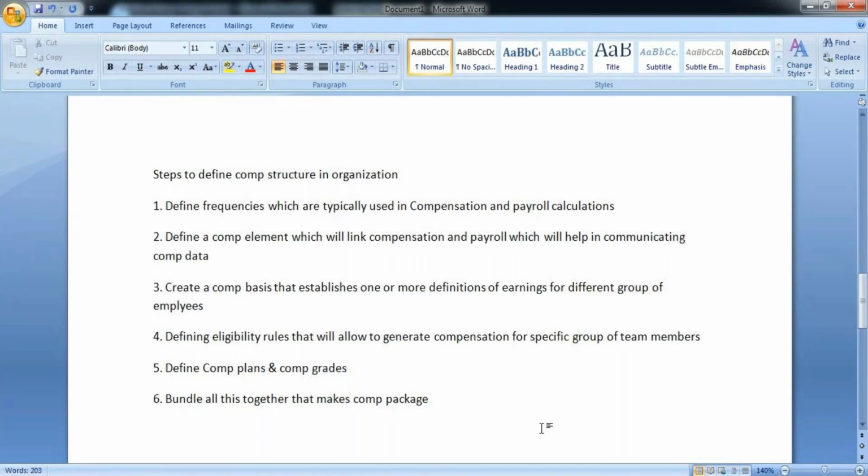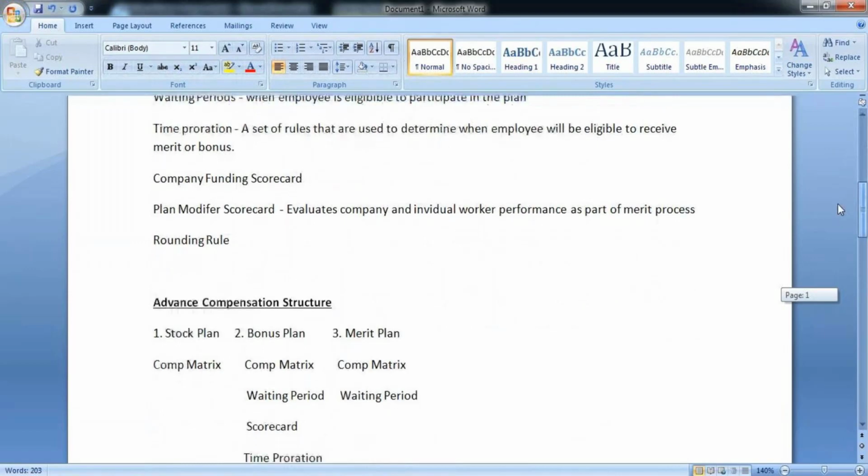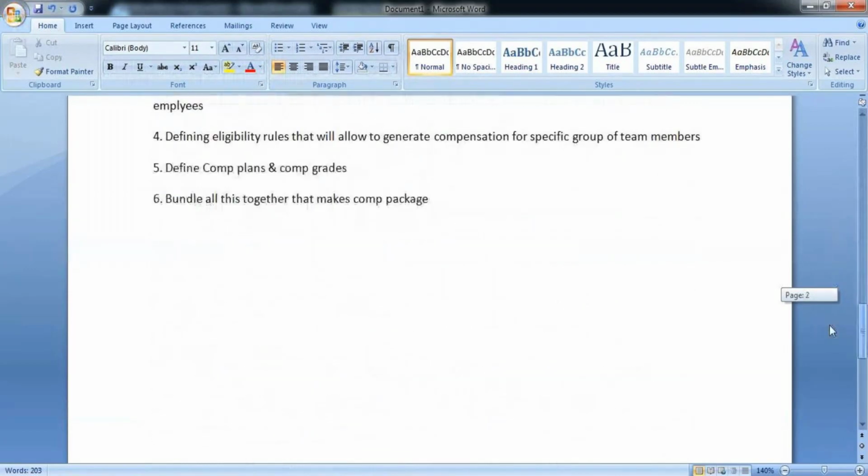And other than these conceptual things we've discussed so far, like compensation matrix, time period, time proration, and scorecards, there are a few basic terminologies. Whenever you get certain skills in the advanced compensation area, you'll mostly be talking with these terminologies in advanced compensation language. If you're aware of these, you should be able to understand what each advanced compensation component performs, and you'll be able to take decisions related to advanced compensation. So the first one I can say,